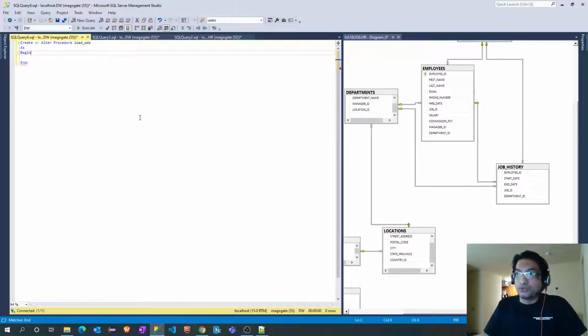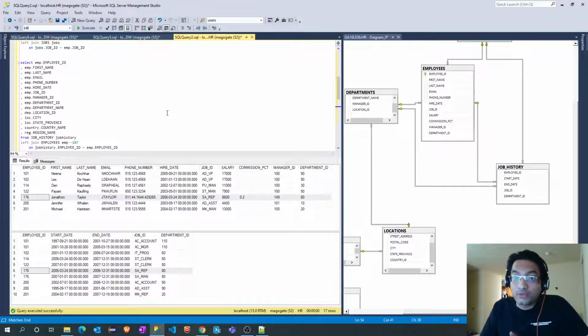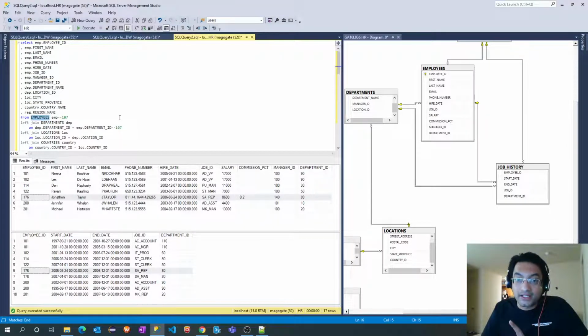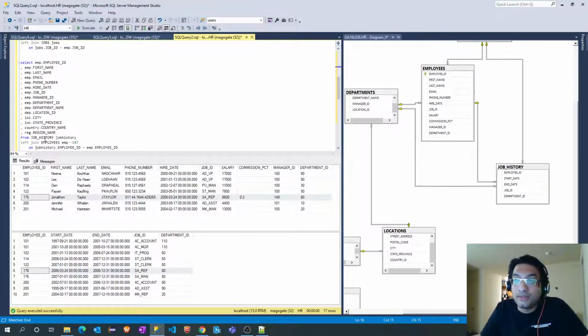All right. One thing we also discussed in the last video was the second query, for which the driving table is job history. That query we are going to execute only once, at the start of the load. Okay, and all subsequent loads will happen from employees as a driving table. So how can we decide the very first load? The simple thing is, if there are no records in the ODS table, that means no load has happened so far. So the first load will be from job history table. So let's find out the count first.